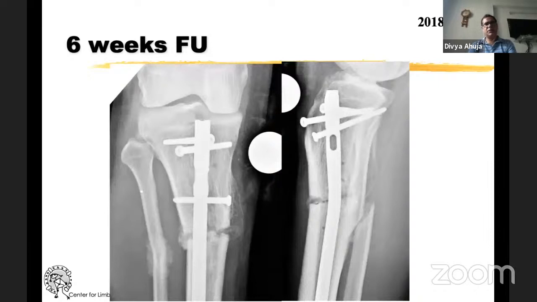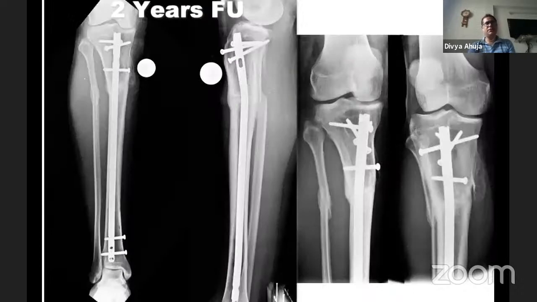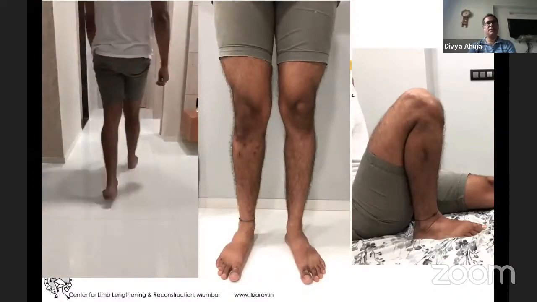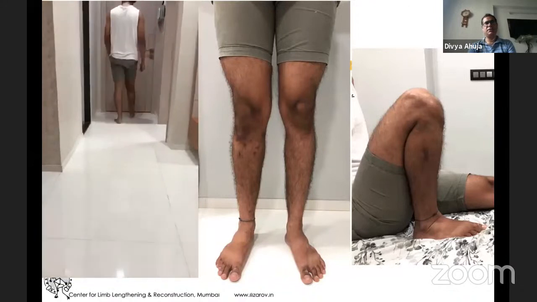So at 6 weeks, because this was done pretty minimally invasively, this was closed, the lateral cortex is already healed, and the medial is healing as well with the cancellous graft. He had resumed his duties, though he was still on a pair of axillary, elbow crutches. This is at 2 years follow-up with good healing and normal function